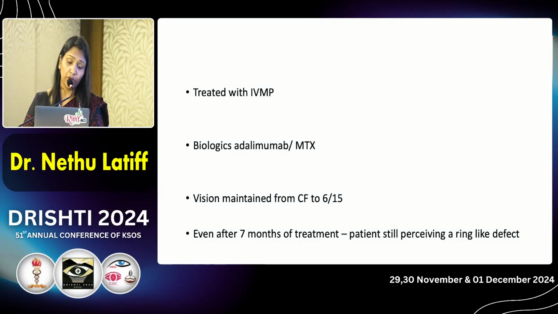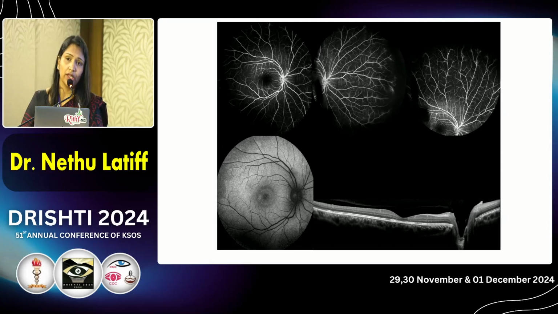Vision improved from counting fingers to 6/15. But her complaint was that she still perceives a ring-like defect. So I repeated the fundus fluorescein angiography after 3 months. Significant improvement was noted in the angiography, but still in the autofluorescence you can see this ring-like defect, and the OCT shows an ellipsoid layer discontinuity. So I probably don't know the cause behind it. I think it's probably because of the resolving CME, but I've not seen a resolving CME with a ring-like appearance